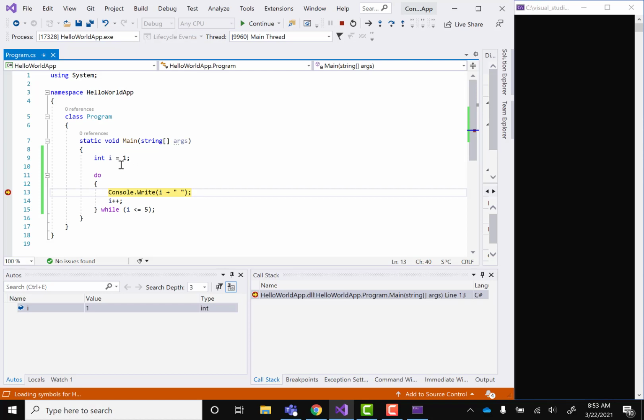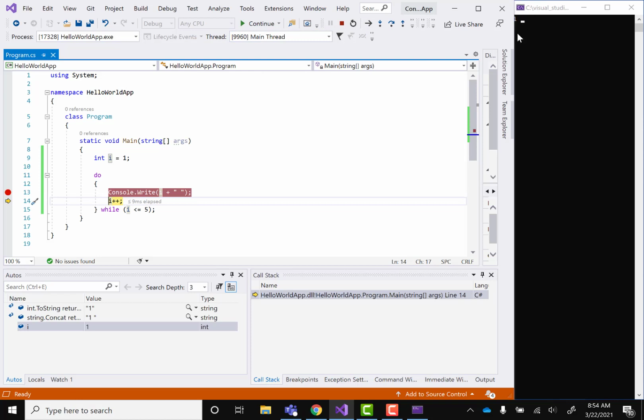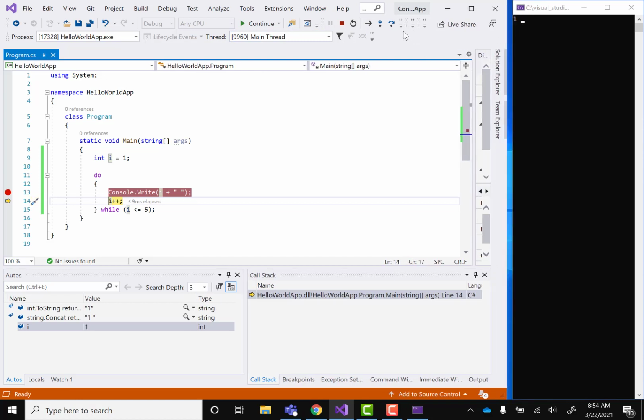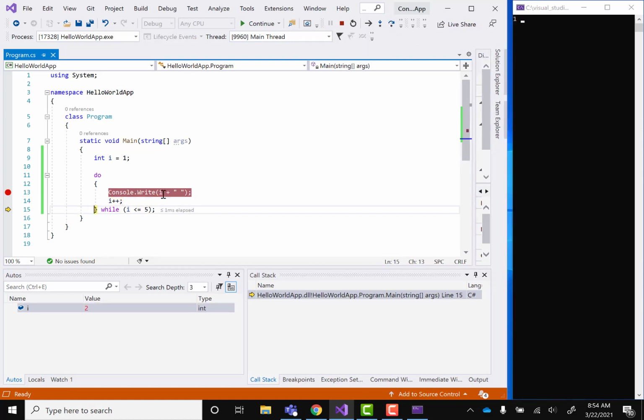So what happens in a do while loop is that first it will do the execution of whatever is in this block, and then it will check the condition. Like you can see that first it will print the value. You can see here it is printing 1, and then it will do I plus plus, and then it will check whether the condition is matching, then again execute this. So the difference between while and do while is that in while, first it checks the condition, then it executes. In do, it first executes, and then if the condition is matching, it executes again.